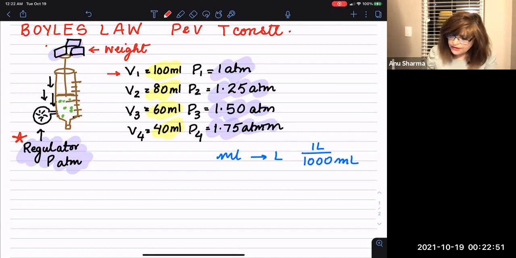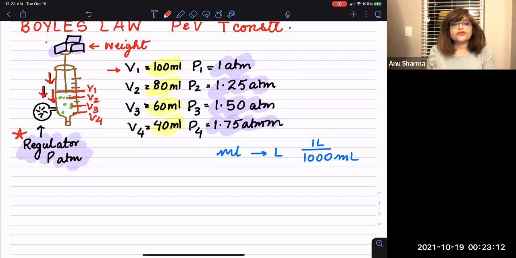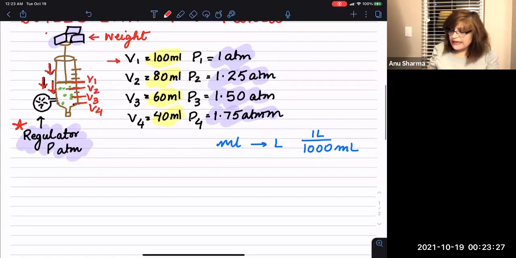Next, you increase the weight. As you add the weight, the piston begins to move down and down and down. As more and more weights are added and the piston moves down, this is your reading V1. The next reading is V2, the third reading is V3, the fourth reading is V4, and it depends on how much weight is added and how much the piston moves down. It also depends on the nature of the gas. Some gases get squished very easily, and some take longer, but nonetheless,